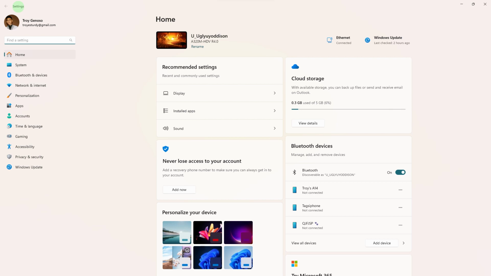Today I'll teach you how to make the Windows 11 Start menu transparent. And it's literally an easy process, so make sure to watch until the end of the video to know how